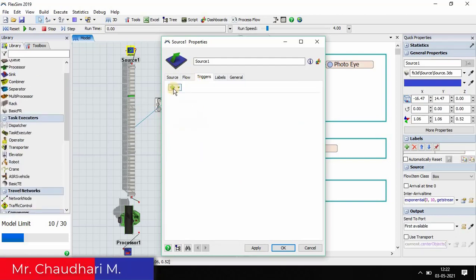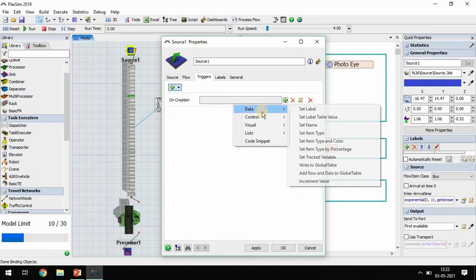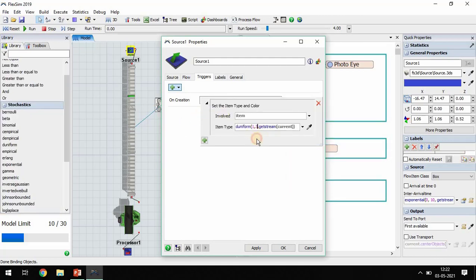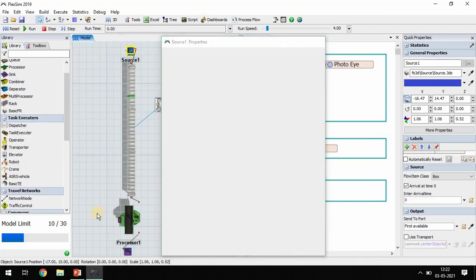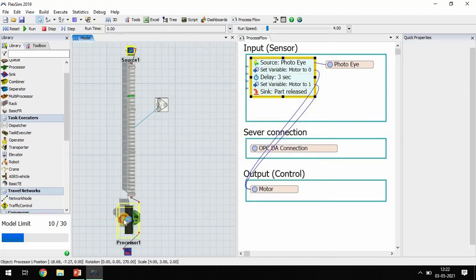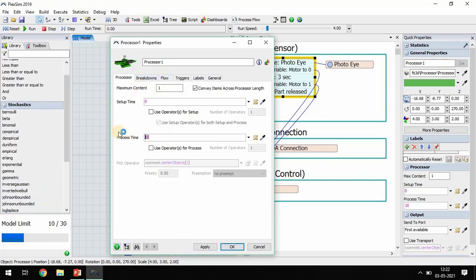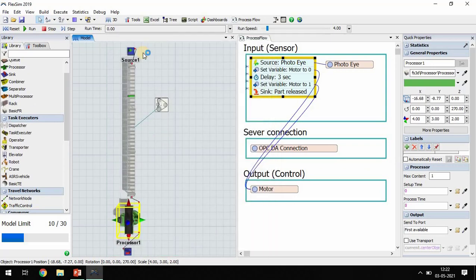Go to trigger, add an on-creation trigger, and in data, types and color, I will set a total of 6 colors of part. Apply, okay. Go to processor, then process time is 8, apply, okay, that's it.